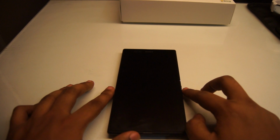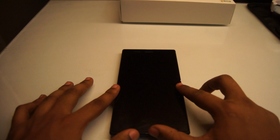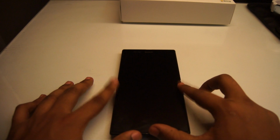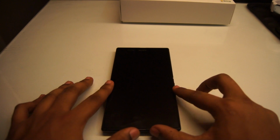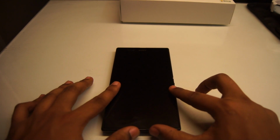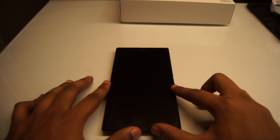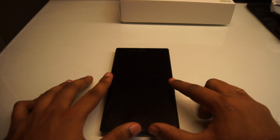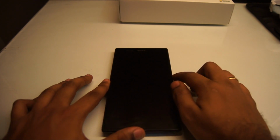And for media consumption, web browsing, or for that matter ebook reading, it's just an amazing experience on this device. Along with that, the screen is amazing, with 344 pixels per inch and the Tri-luminous display. I think it's just the regular LCD that's been a little bit tweaked with the gamma control and the contrast, but even otherwise, the problems that people had with the Xperia Z, the viewing angles, everything has been fixed on this phone. So let's quickly go through a couple of tests and then